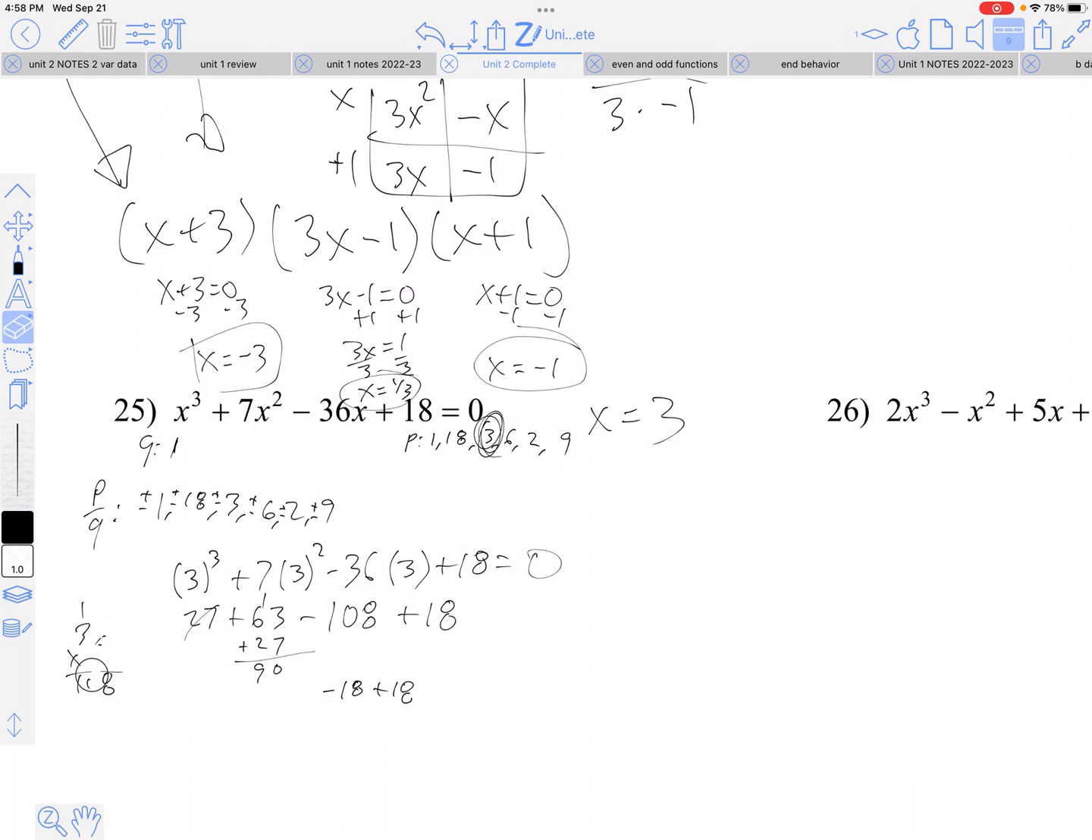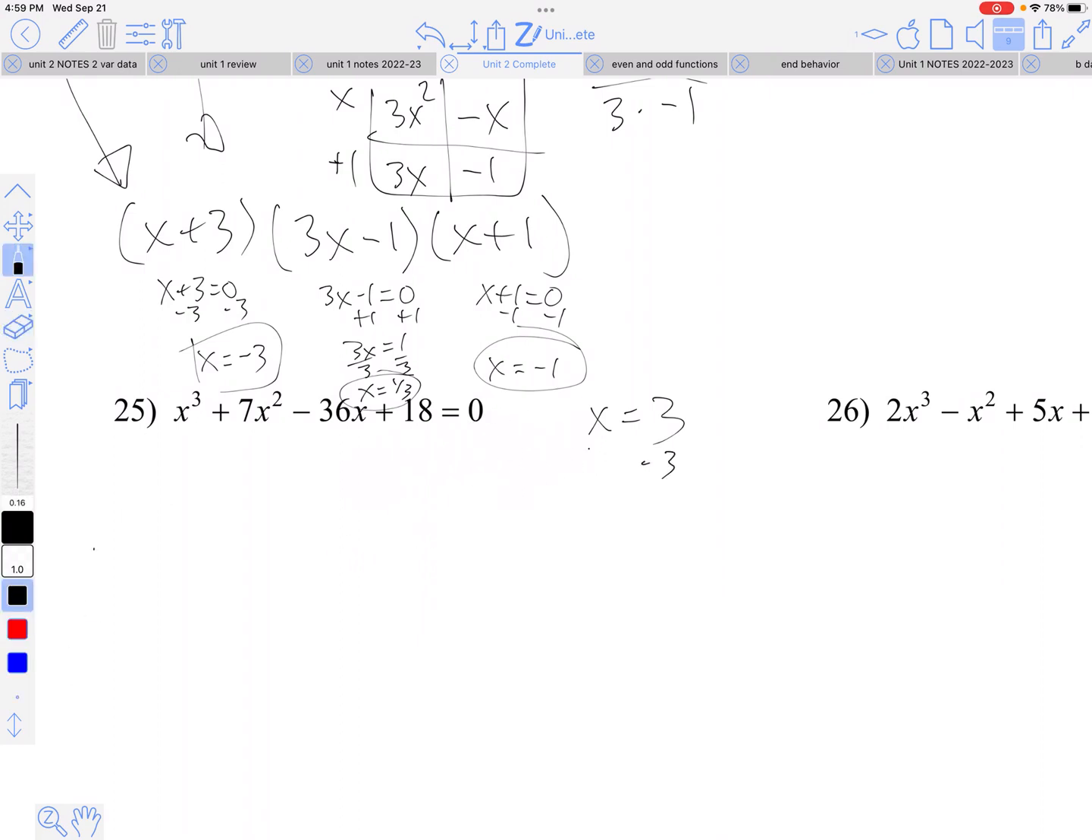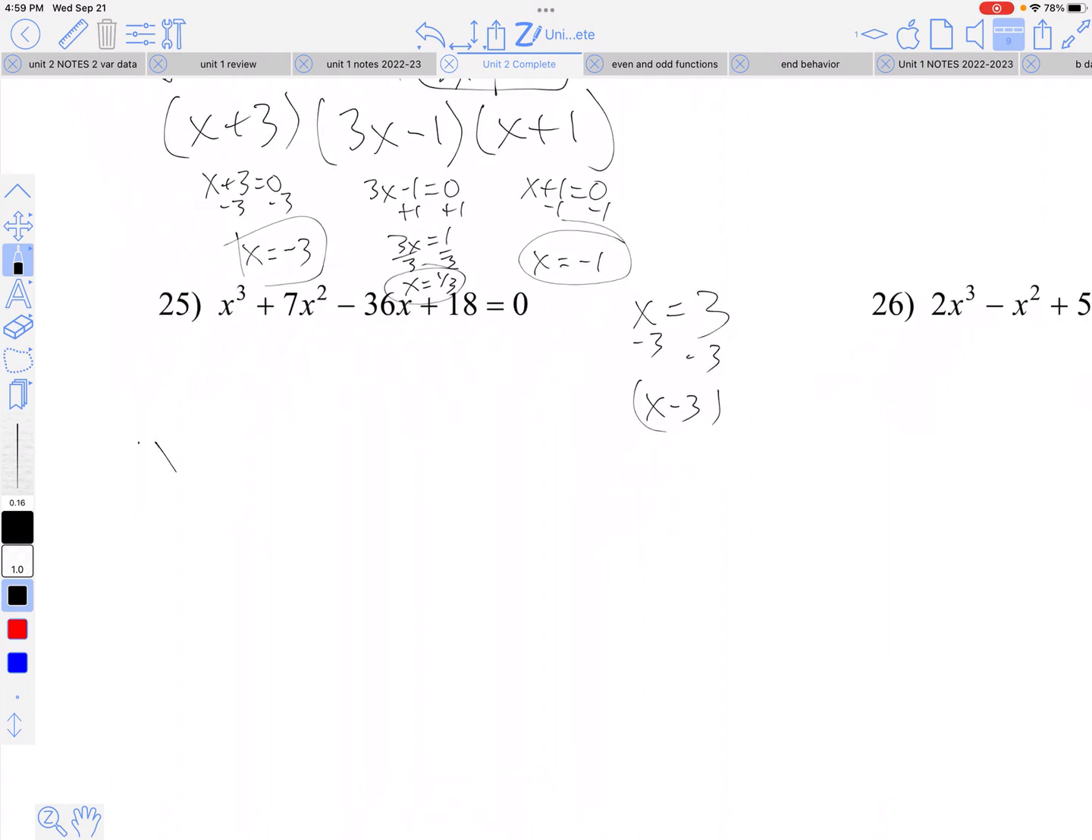All right? Now I could go through and test more, but I already found one that works, so I'm going to just divide it out now. So remember, I got to get it into that factor, though. Okay, so I'm going to divide out x minus 3. So that will leave me with x squared